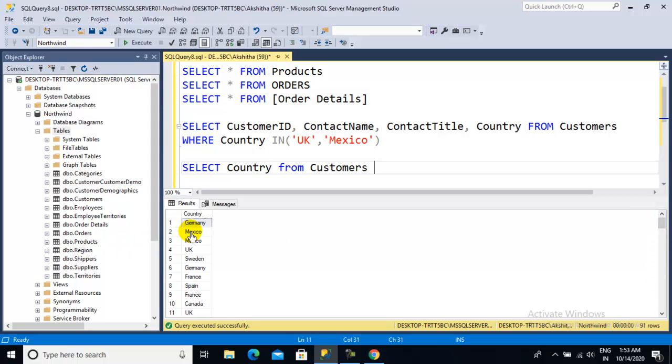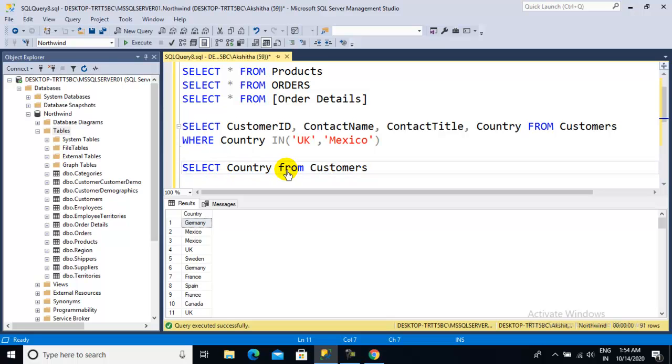Mexico is coming multiple times, and I don't want to see the duplicate values. I want distinct values. I need to avoid duplicates and only get unique country information.